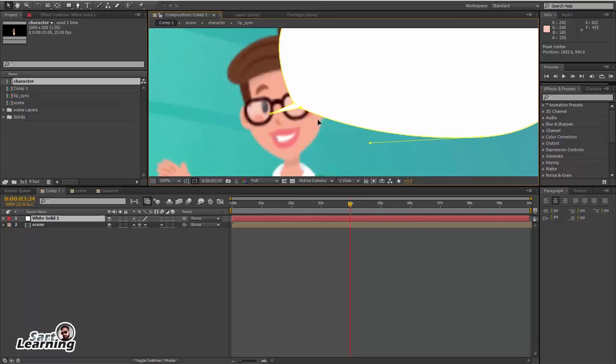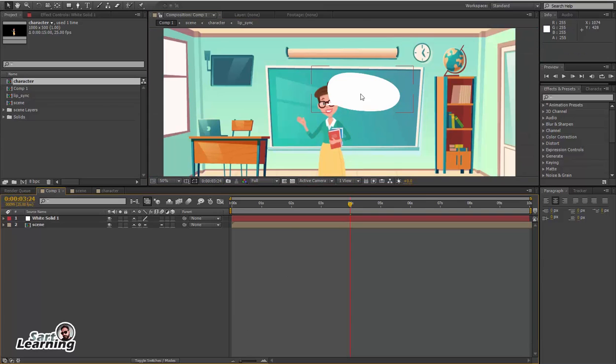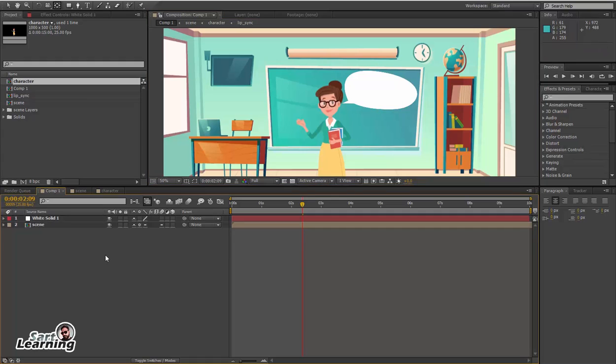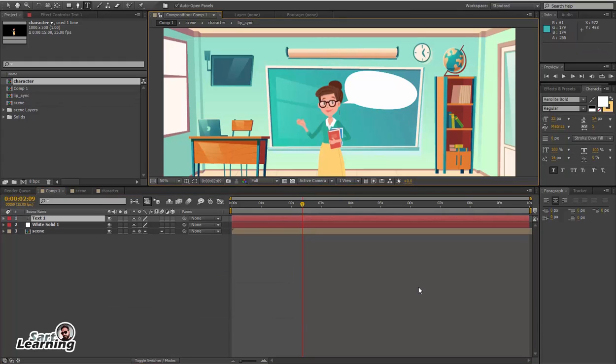Now this is my pop-up icon and I place it to the right of my character, and I want to animate this, so I move the vertex, move the pivot to the corner for animation, and I'm also giving some text for the pop-up.